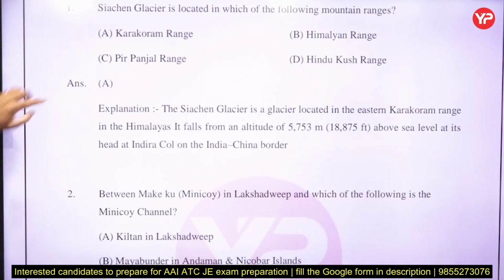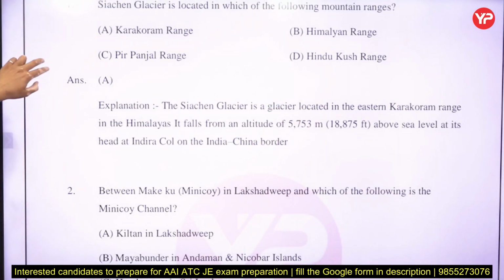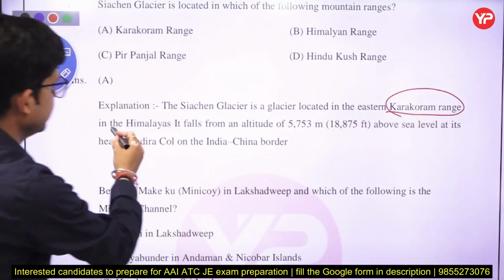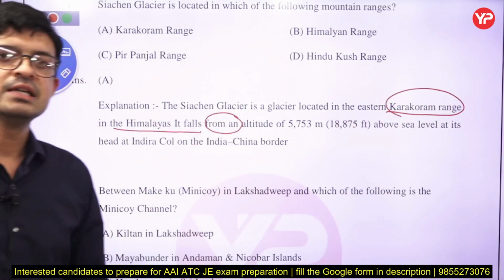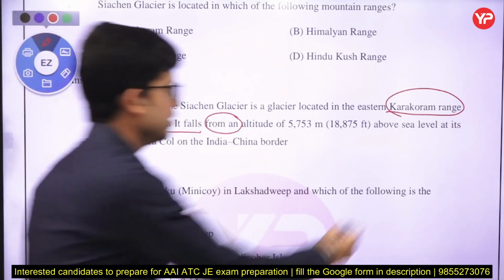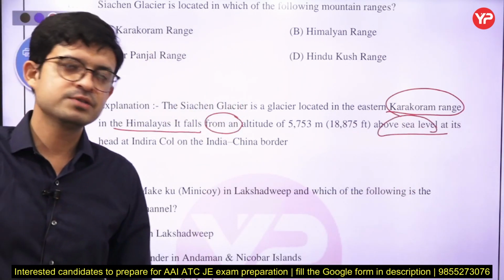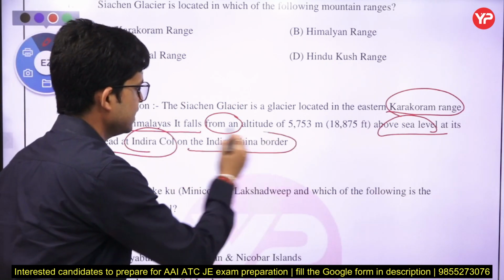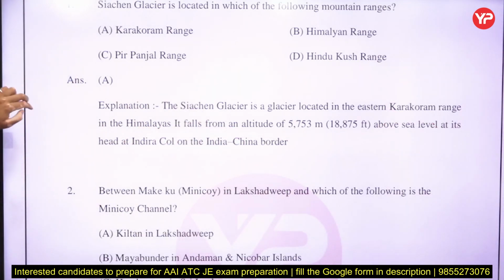Explanation: Siachen Glacier is located in the eastern part of the Karakoram range in the Himalayas and it falls from an altitude of 5753 metres above sea level. Always remember, height is measured from above sea level. It heads at Indira Col on the India-China border. Indira Col is the northernmost point. Okay. So our next question is,